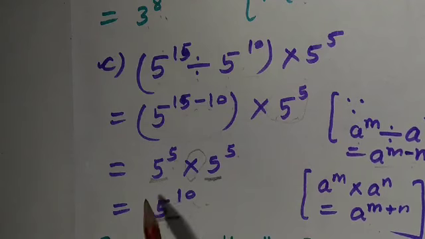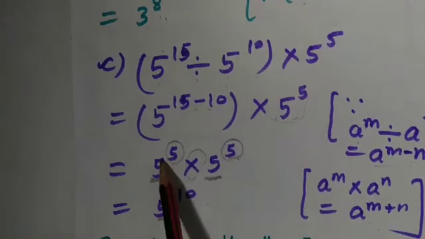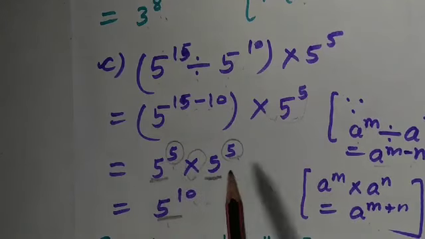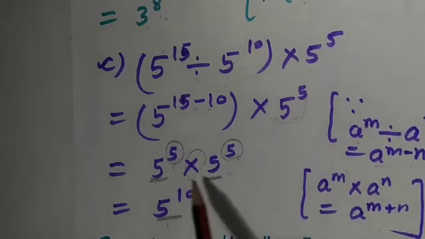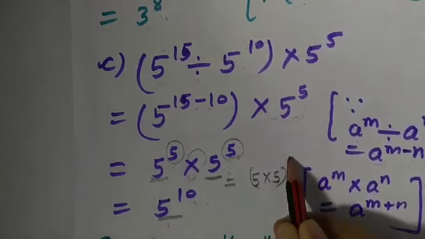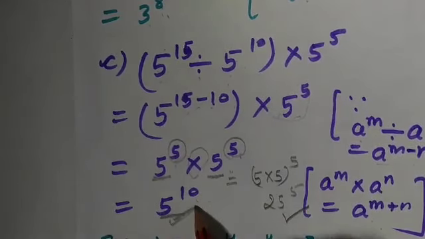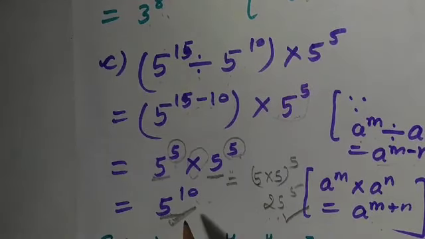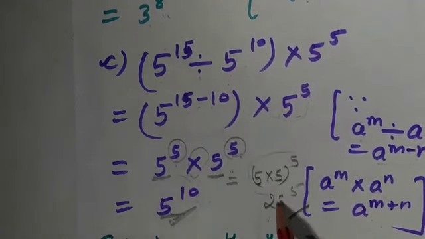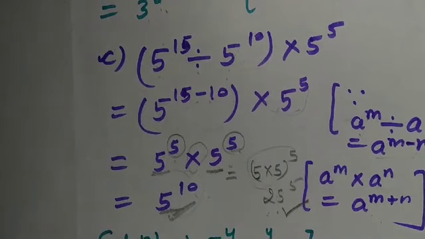Here is one more thing: we have the same powers and the same bases also, so it's up to you. You can write this as 5 into 5 raised to the power 5, so this will be 25 by 5. This and this are both the same thing. Whenever you solve this, you will get the same value. So you can apply this law or that law. Both are correct. Now this is your question number 12.